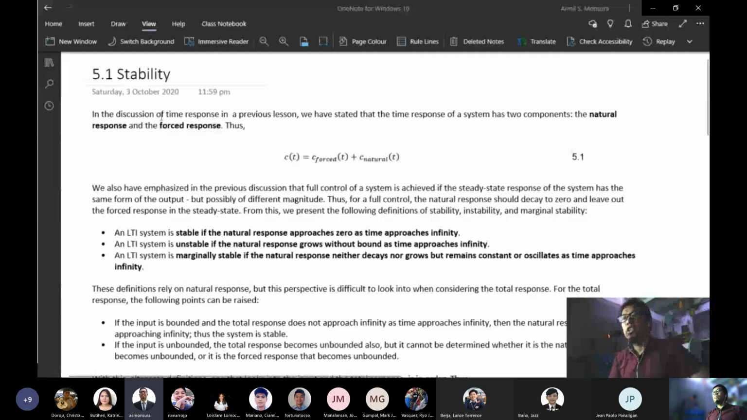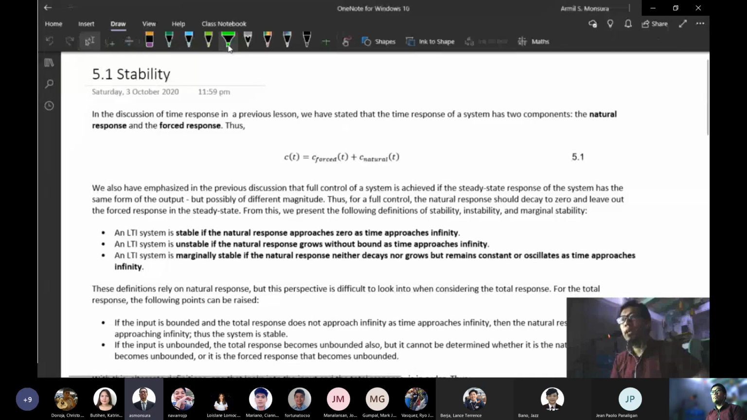Okay. In the discussion of time response in the previous lesson, we have stated that the time response of a system has two components: the natural response and the forced response. So we say that the total response is the forced response plus the natural response. We also emphasized in the previous discussion that full control